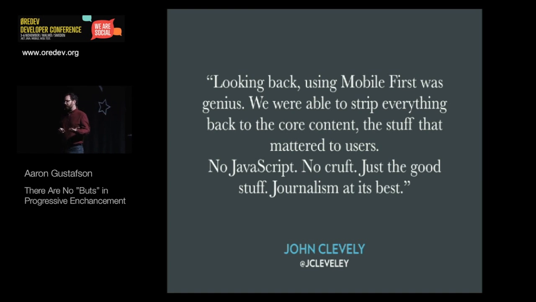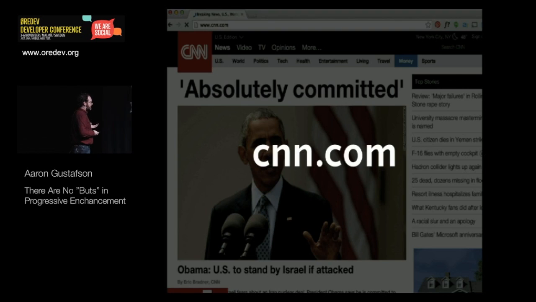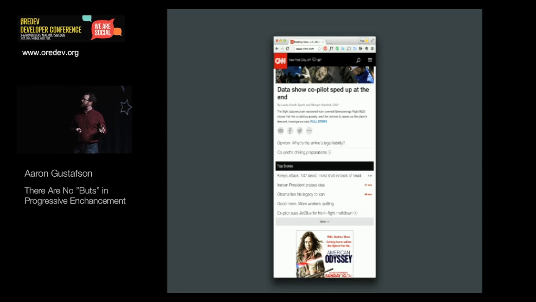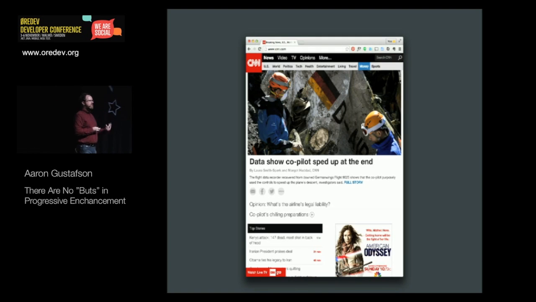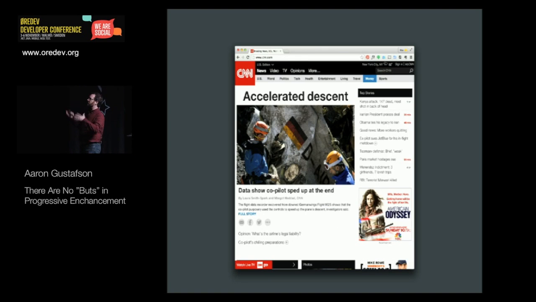Now, another challenge that we deal with within the news world is, of course, how we pay for all of the great journalism that we have, which we do with advertising. Now, CNN is the third largest news site in the world. And they actually have an interesting approach to advertising. So they have a responsive site too, and on a small screen, they have these little small screen ads, and they just adjust the placement of those ads as you get onto increasingly larger screens, to the point where